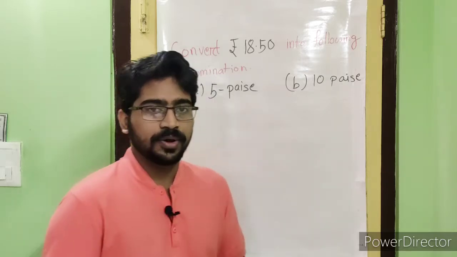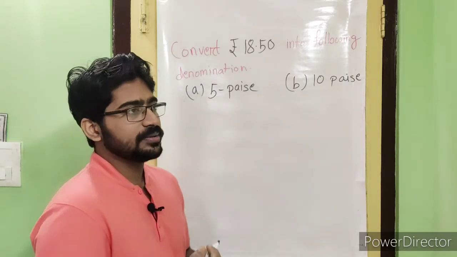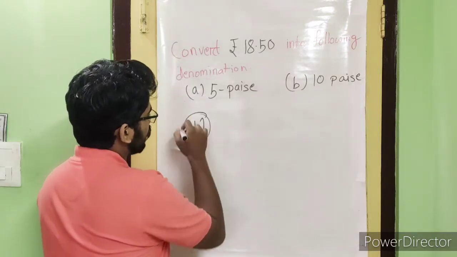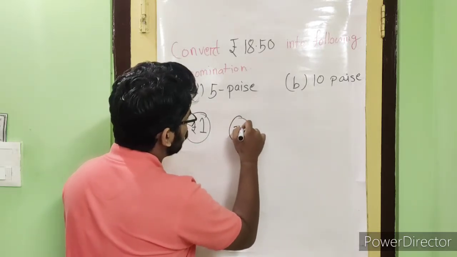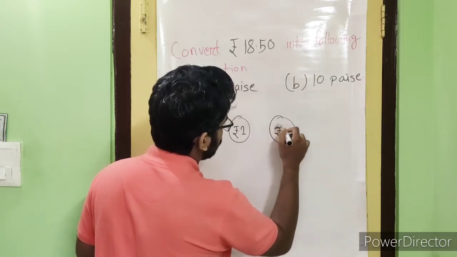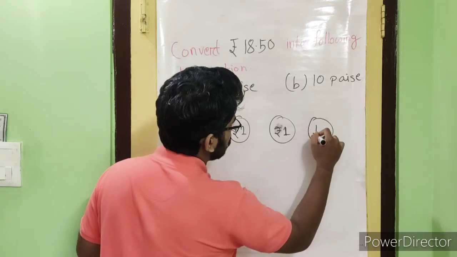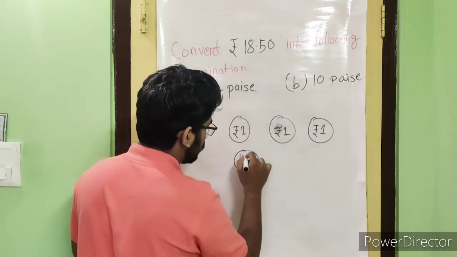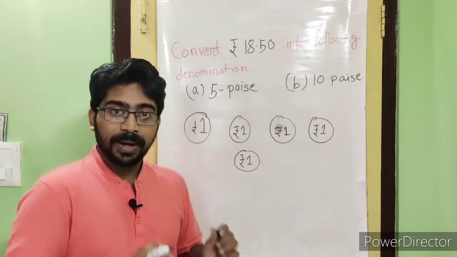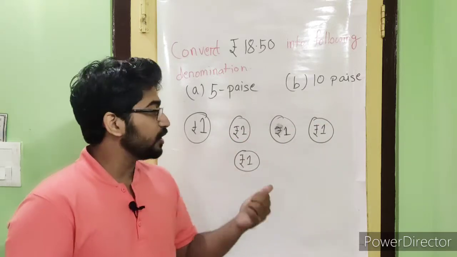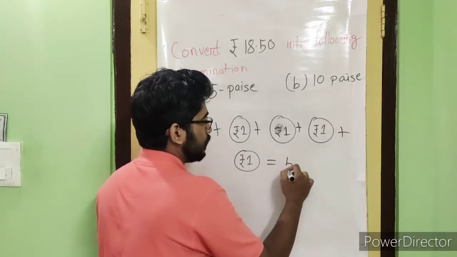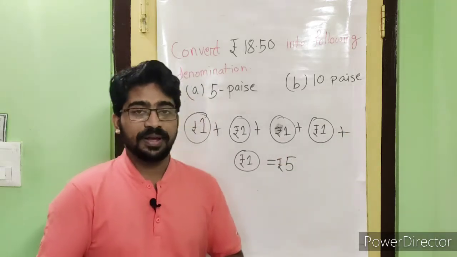Suppose you have lots of 1 rupee coins, 10 maybe 15. So what will you do? Suppose this one is a 1 rupee coin. In this way you need to pay 1, 2, 3, 4, 5. So 5 one rupee coins you need to pay. You have to give 5 coins of 1 rupee, so in total it will be rupees 5, right?